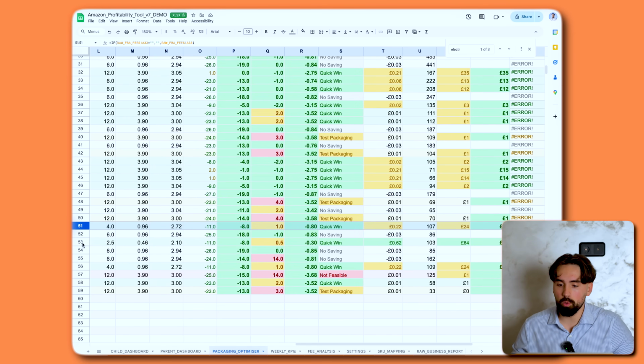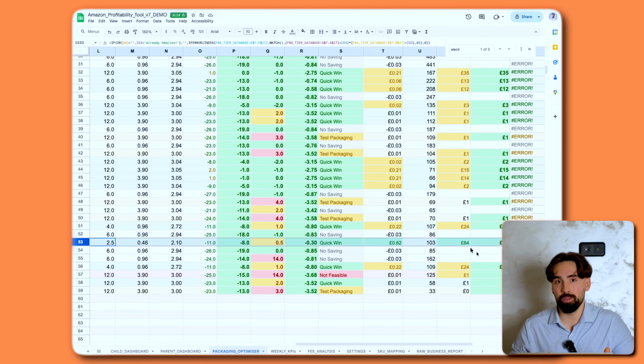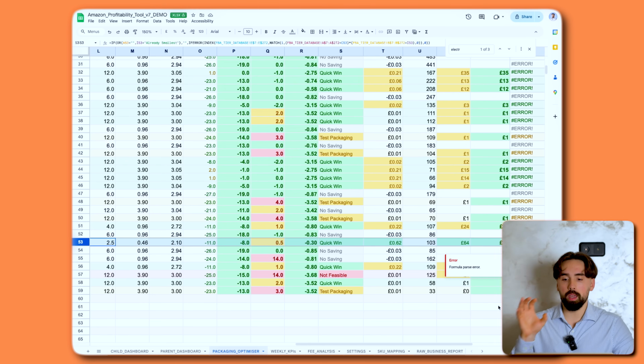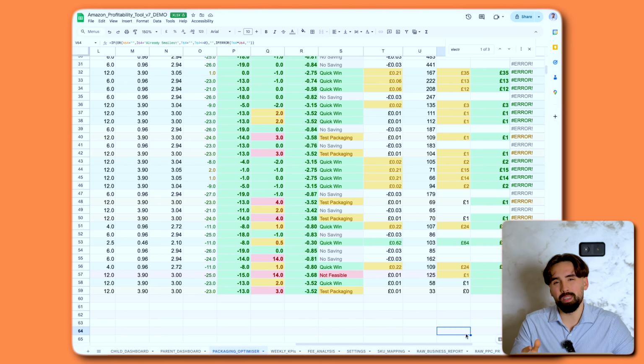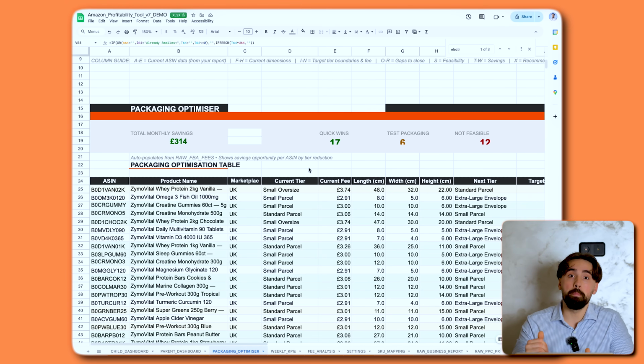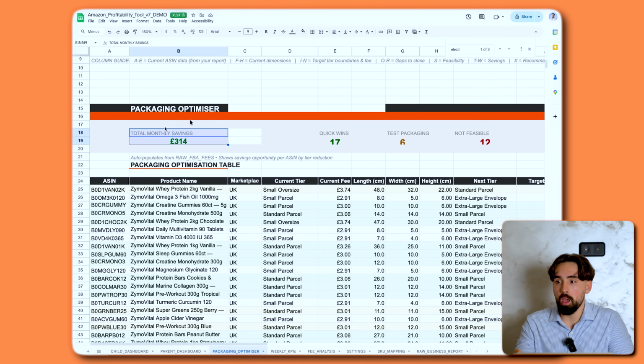That saves 62 pence per unit. At 103 units a month, that is £64 a month from half a centimeter. So that's not bad. If you scroll up, you can actually see the overall savings across the actionable products. It's around £300. So remember, this is per month. So we're looking at over £3,000 per year if you implement these changes, which many times are small and